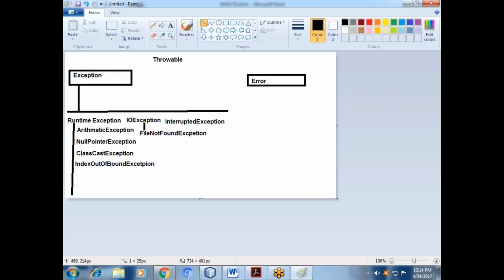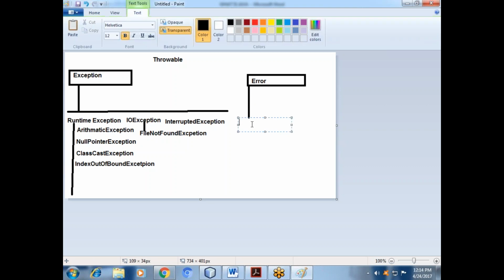Okay, so then what do you get in Error? Error also has some: StackOverflowError, OutOfMemoryError you will get, related to virtual memory.